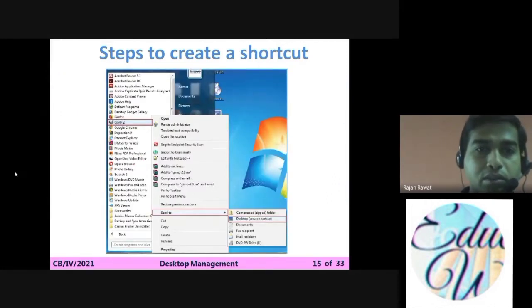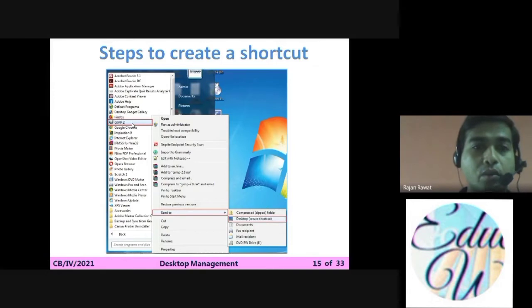This is the dialog box that appears on your window when you create a shortcut. So as we did theoretically, first of all you have to click the start menu, then go to all programs, then select any one application that you want to create a shortcut for.